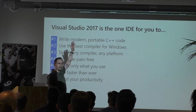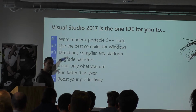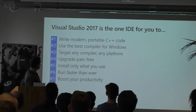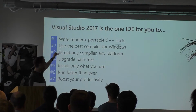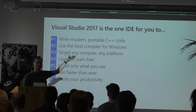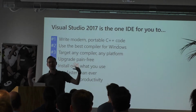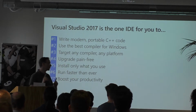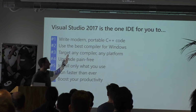So I'm going to use this as an organizing framework for the talk. We're going to talk about a few different areas of the product that we've updated for 2017. I'm going to talk about writing modern and portable C++ code and the work that we've done to make that easier inside of Visual Studio. I'm going to talk about improvements to the compiler to make it the best for Windows. But one of my key topics, and I hope that you walk out of here knowing only one thing, besides my poor pronunciation of German words, is that you can use Visual Studio 2017 to target any compiler